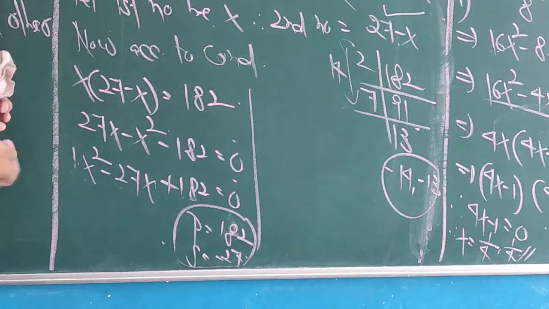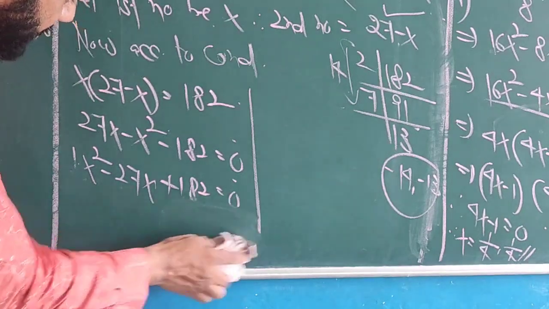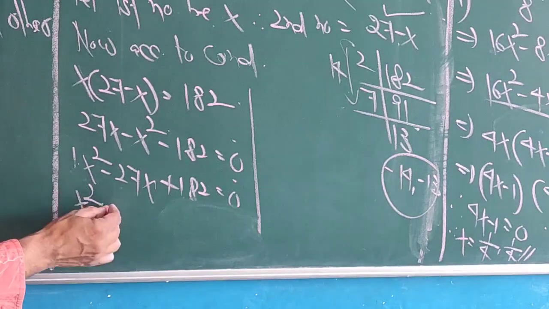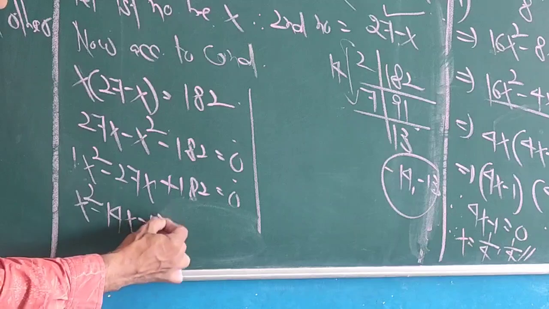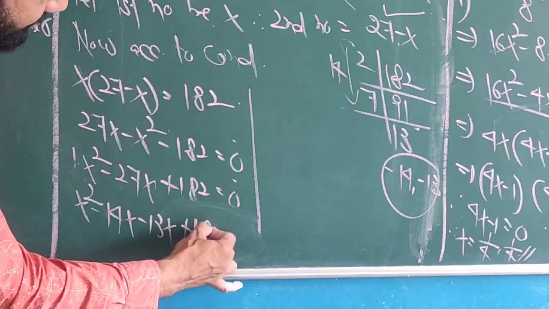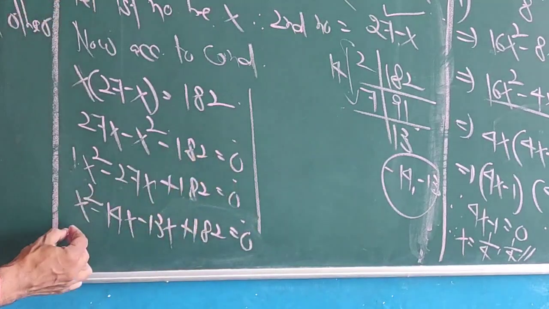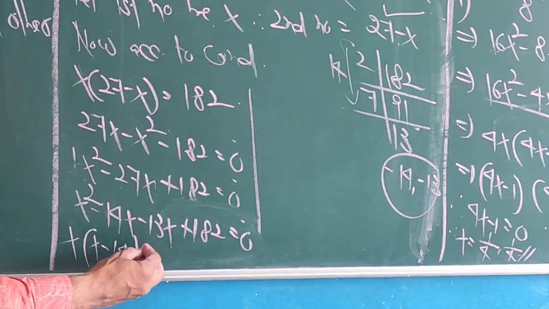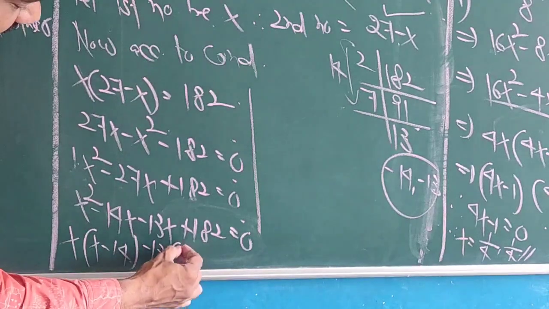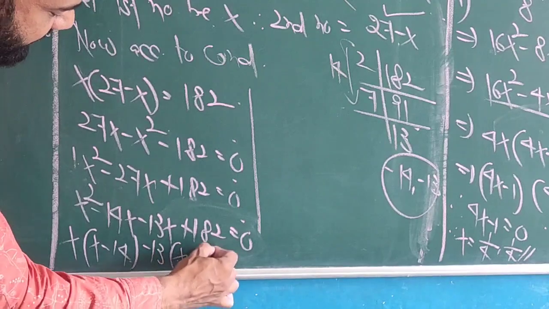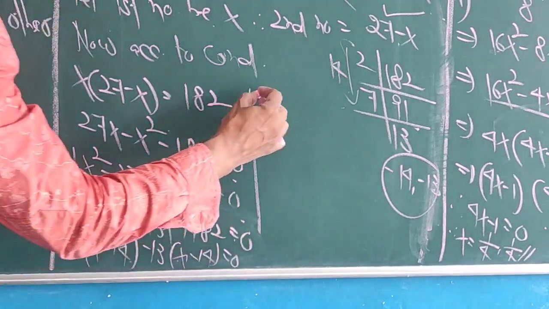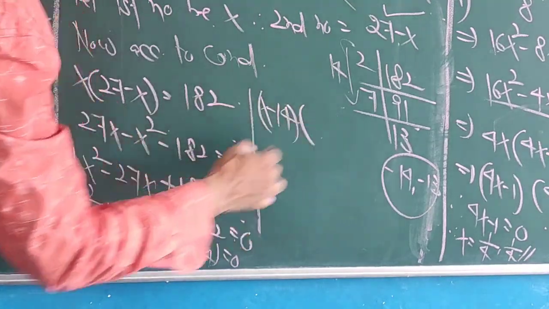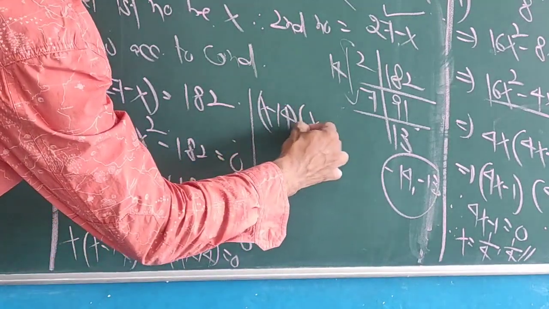So it can be written x square minus 14x minus 13x plus 182 is equal to 0. Now taking common x from the first two terms, it will be x minus 14, and minus 13 common from the next two terms we get x minus 14. So the first factor is x minus 14, this is a common factor, and the remaining factor is x minus 13